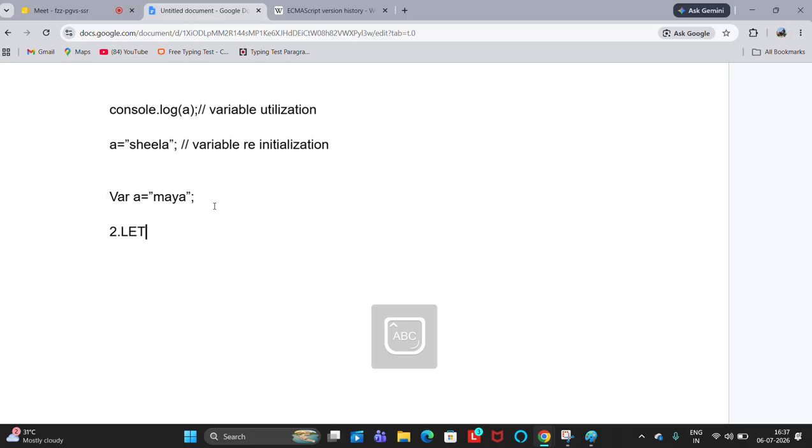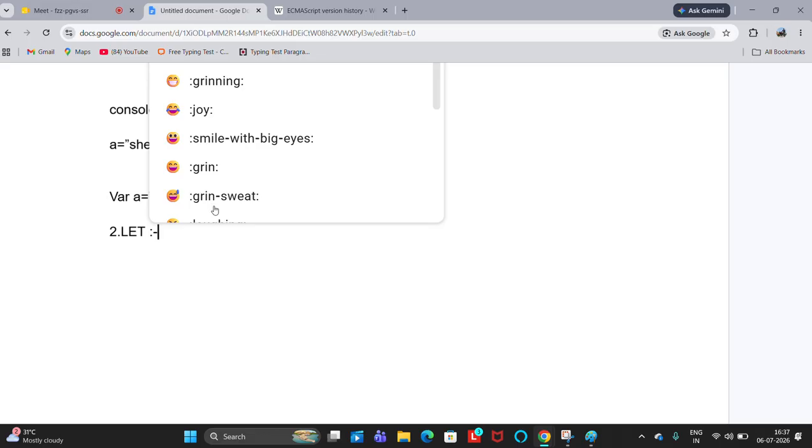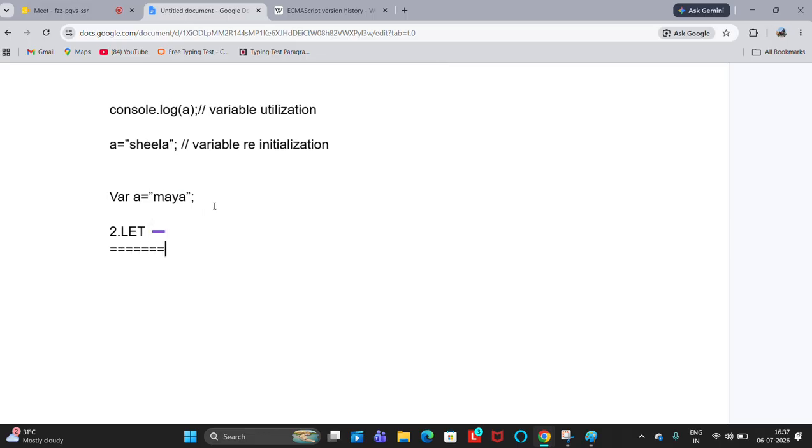What is the second one here? Let keyword. Okay, and now try to understand here. What about the let keyword? In that let keyword, I want to declare the variable. How can we declare the variable? Let A. I have declared the variable. This is nothing but what? Tell me now. Variable